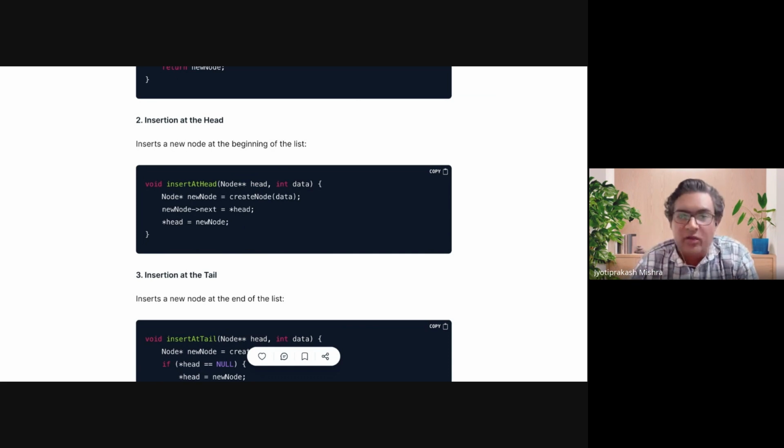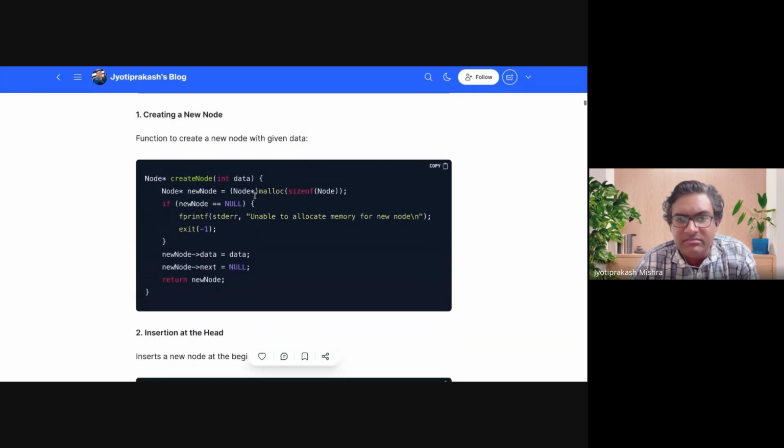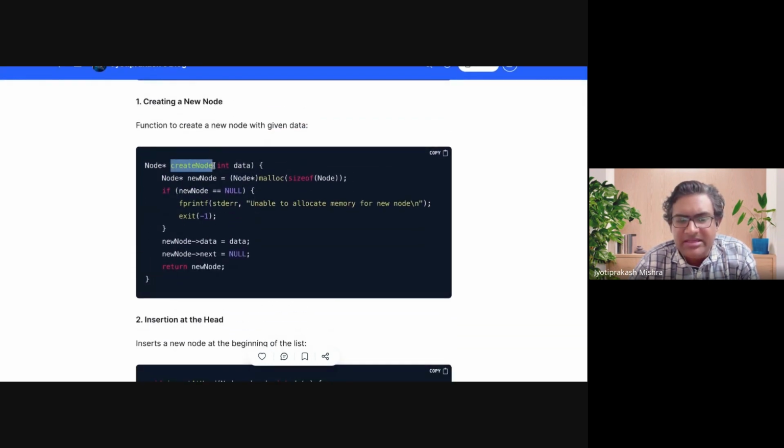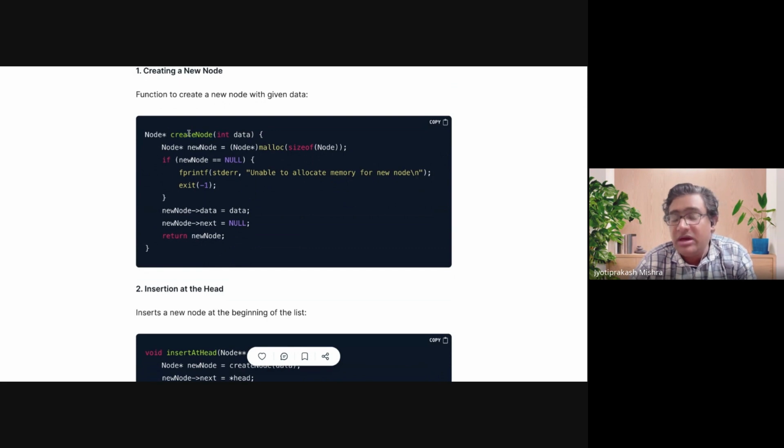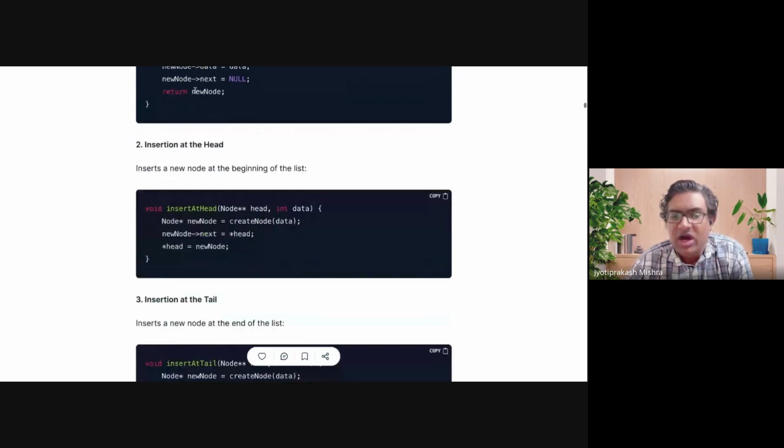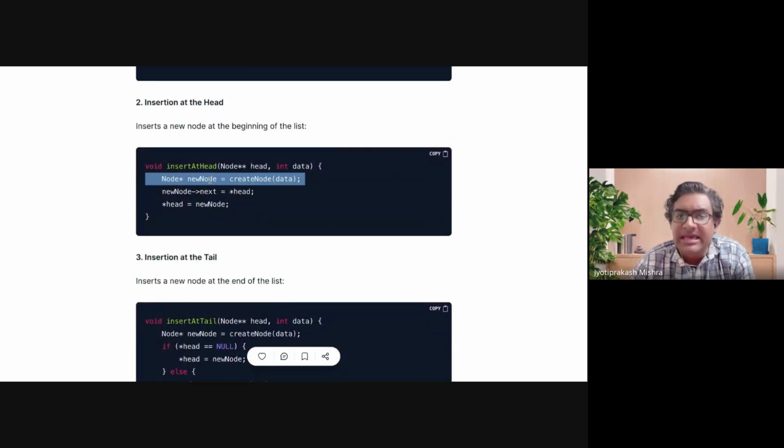अभी थोड़ा सा कोड में देख लो क्या हो रहा है। We want to insert a new node, so what we will do, we will create a new node and we will use this function that we created just before. And what does this function return? It returns the address of the new node, कि वो नोड हीप में कहां पे है उसका एड्रेस हमें दिया है, और वो एड्रेस हमने न्यू नोड के पॉइंटर में स्टोर कर दिया। हम क्या करेंगे अभी,